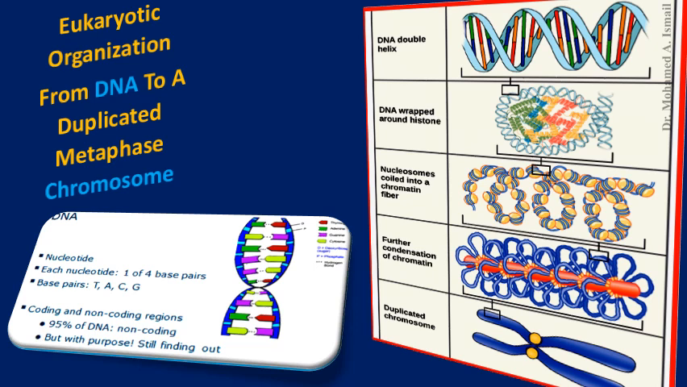Now we will study another point: eukaryotic organization from DNA to a duplicated metaphase chromosome. This figure shows the condensation of the DNA double helix, like that. When this DNA double helix molecule is wrapped